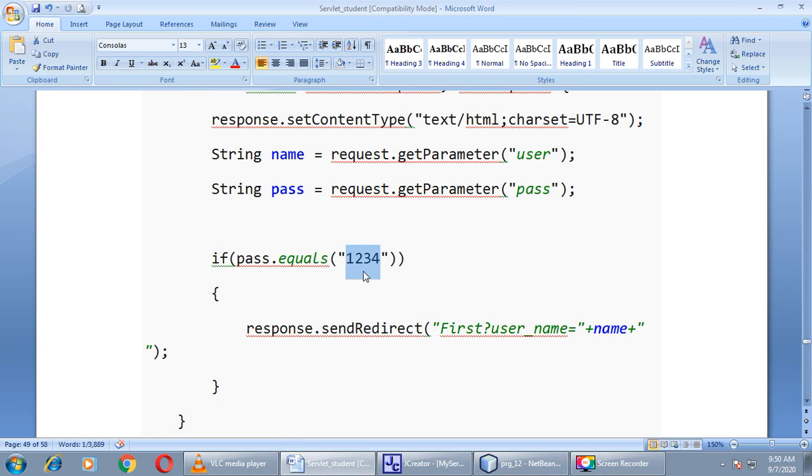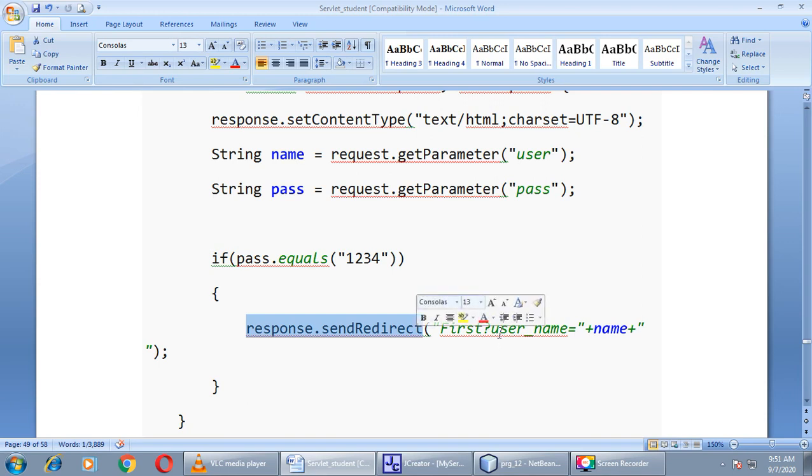Now if it is true, if the value is exactly equal to this one, then we want to send our request on the second page, right? For that we will write response dot send redirect. The name of second page is first question mark.